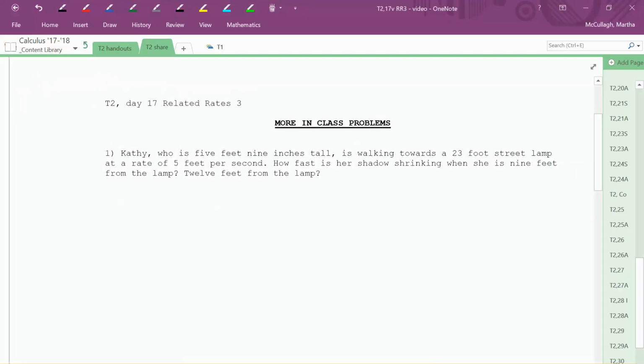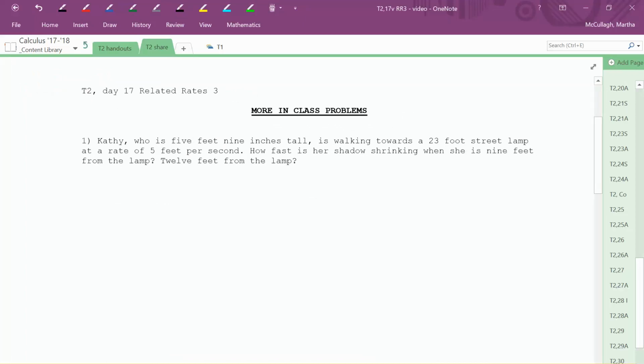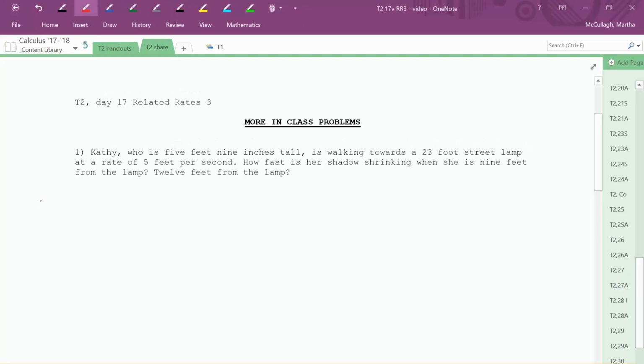Hi, this is trimester 2, day 17, related rates 3. We need to start today with a little bit of a geometry review, and we want to remember that if I have two triangles